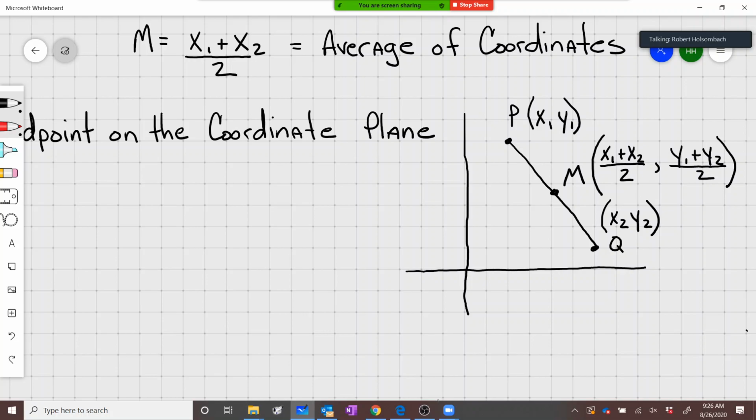So if you were asked to find the coordinates of the midpoint, and let's see, where's P? P is at 2 and 1, 2, 3, 4, 5, 6, 2 and 6. And Q is at 1, 2, 3, 4, 5. Q is at 6, 1. Well, the coordinates for M would be located at,